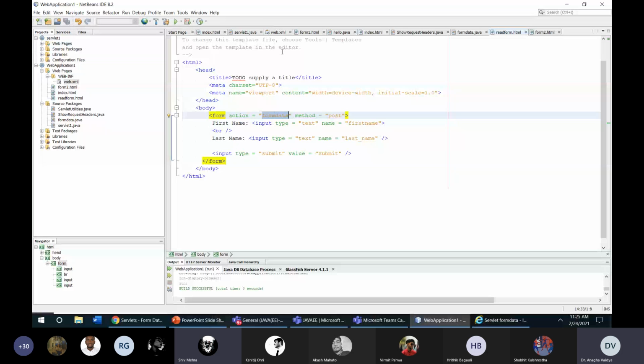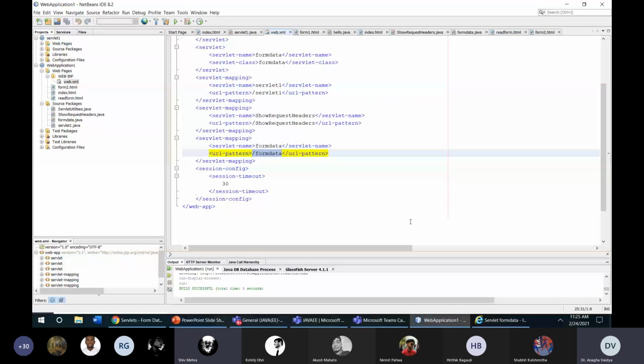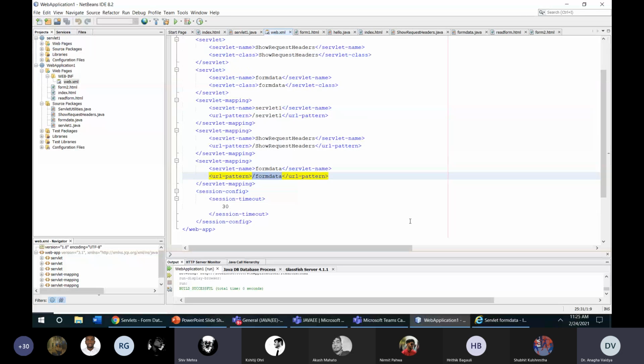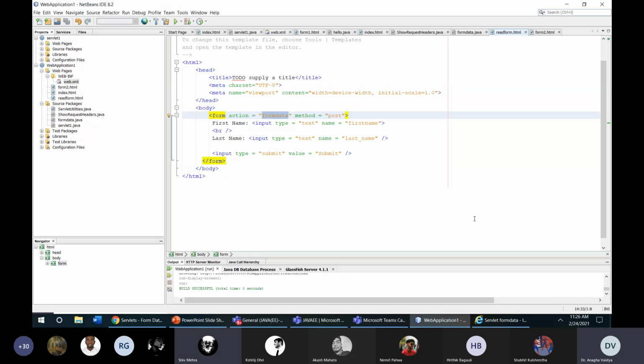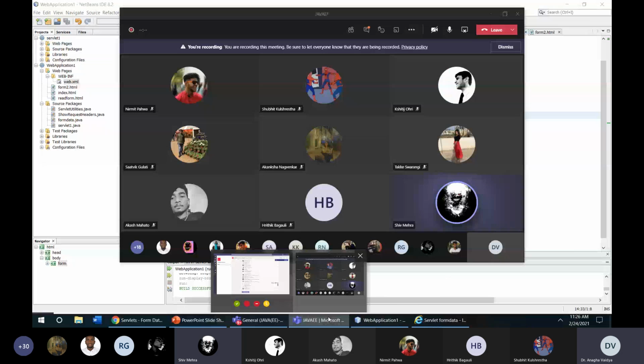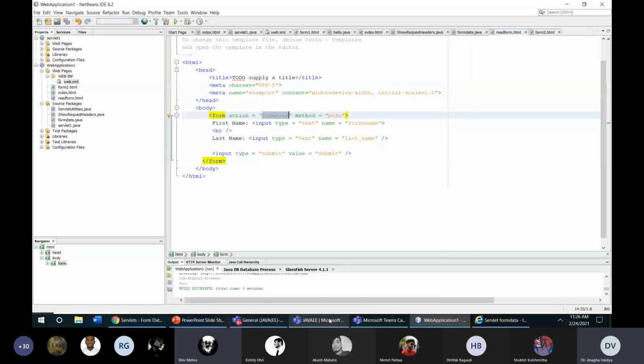देखो ये web.xml में आपका servlet name और URL pattern should be same. ओके मैम कहाँ पे दिखना? web.xml में, ये mapping है। और उसका name, ये दोनों same होना चाहिए। हाँ, फिर form में check करो, form में आप call कर रहे हो, proper call कर रहे हो कि नहीं कर रहे हो, action के साथ। मैम I don't think action के साथ कहीं पे call कर रहा हूँ। एक बार दिखाओ मैम। ये देखो form का action और name of your servlet, only not dot java, सिर्फ servlet का नाम।